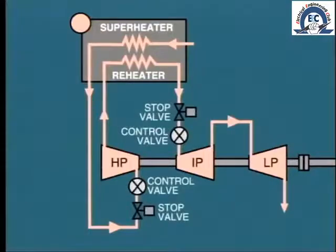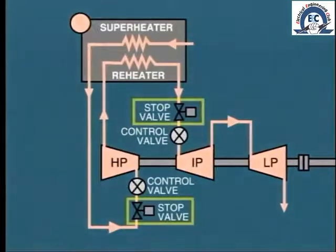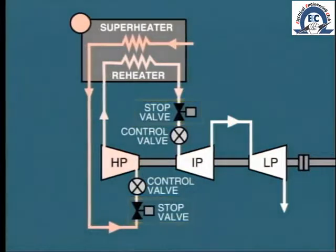The major protective device on the steam turbine is the main steam stop valve. If it becomes necessary to stop the turbine due to an abnormal operating condition, the stop valve must be tripped closed. In the case of a reheat turbine, both the main steam stop valve and the reheat stop valve will be tripped simultaneously. We have already learned that the stop valve is closed by actuation of the pilot relay or